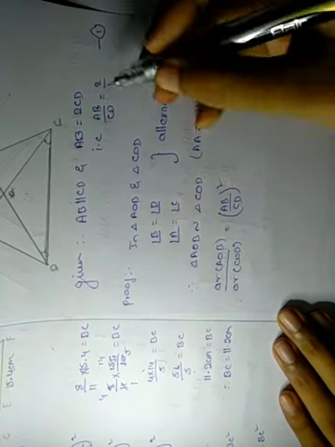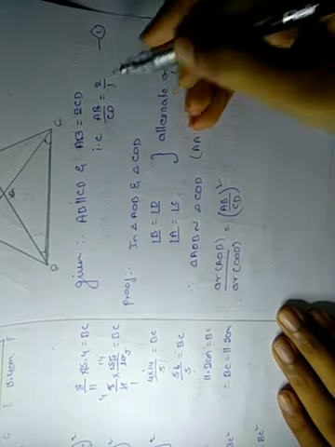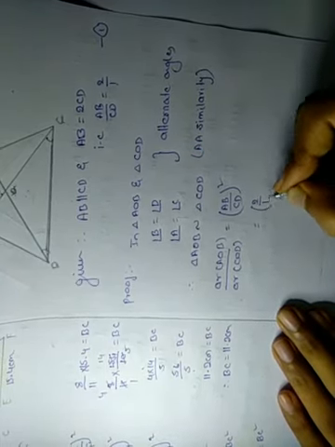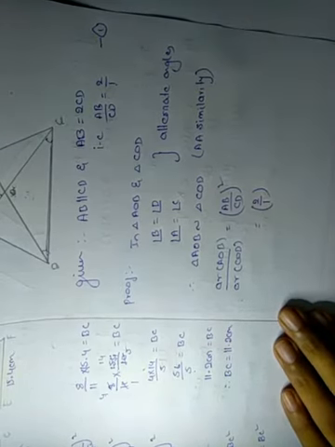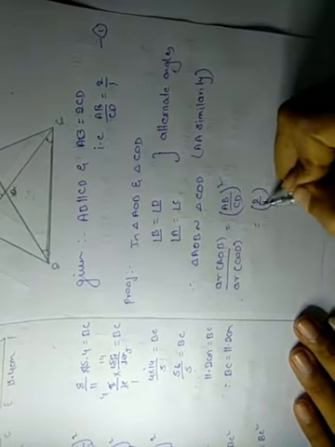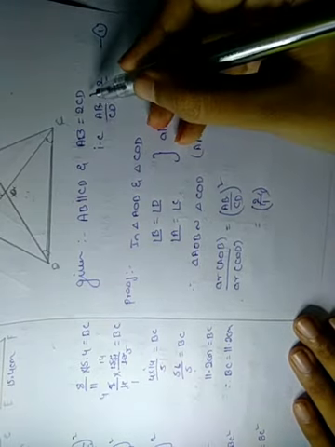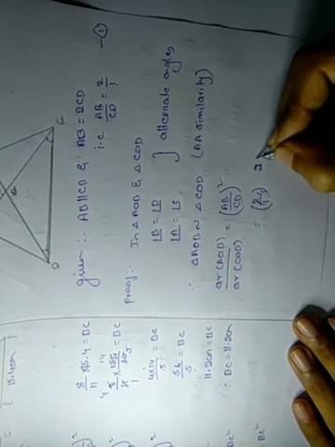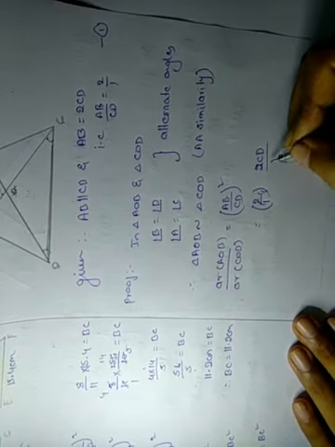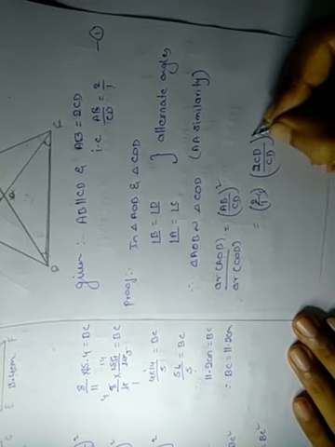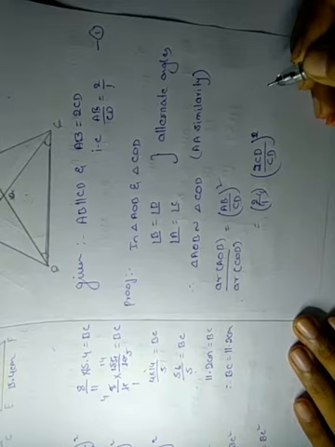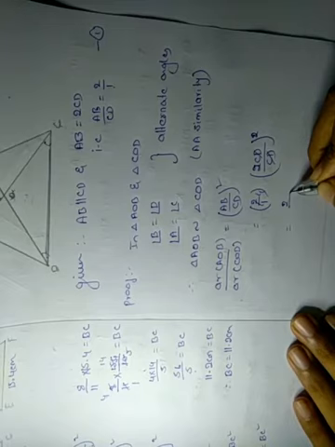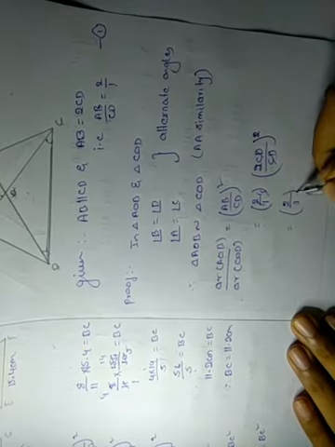Okay, sorry, we'll solve directly here. They have given the values, so we are going to substitute 2 divided by 1. Before this, first we'll take AB, what they have given. AB is equal to 2 times CD. We'll substitute that: AB is equal to 2 times CD divided by CD. We'll keep it as it is, and whole square. CD gets cancelled, and the remaining is 2 divided by 1 whole square.